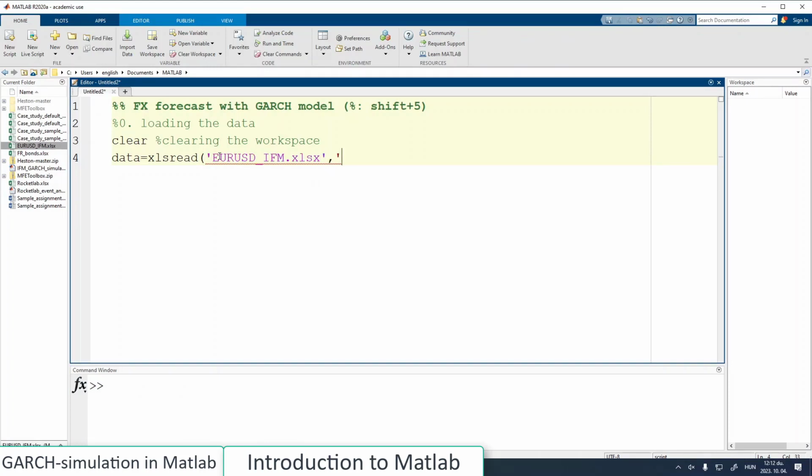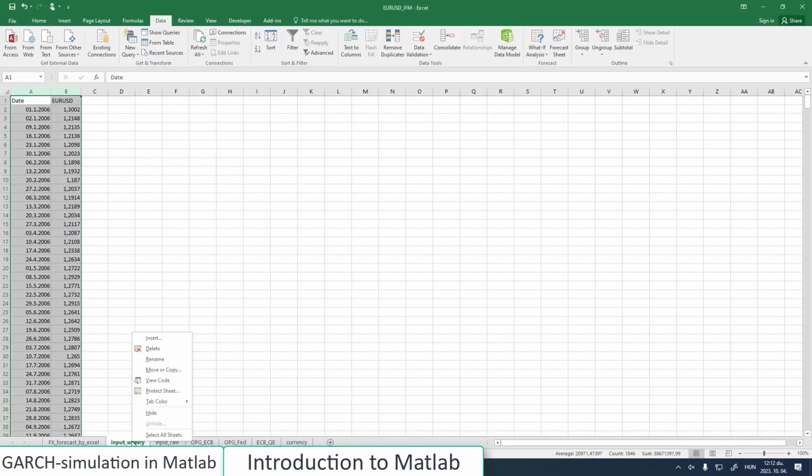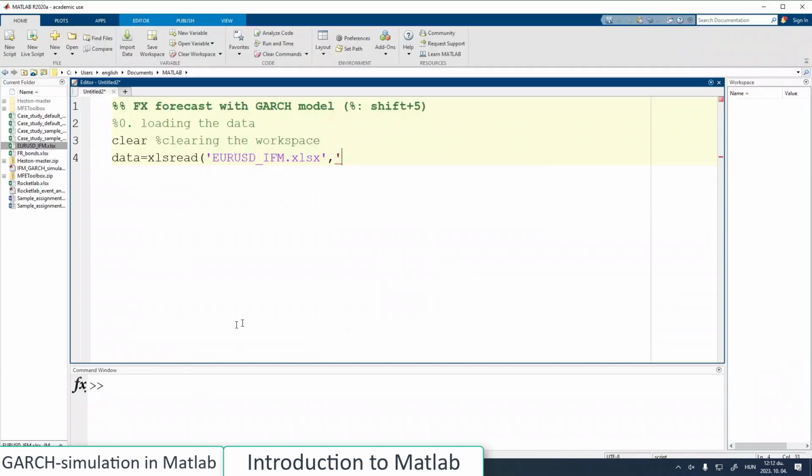Upper comma, and what is the name of the sheet? Input weekly. So in the case of Matlab, the functions are always behaving in the same way. There is always the output of the function on the left side of the equation mark, and there is the function name, and after that there are the inputs